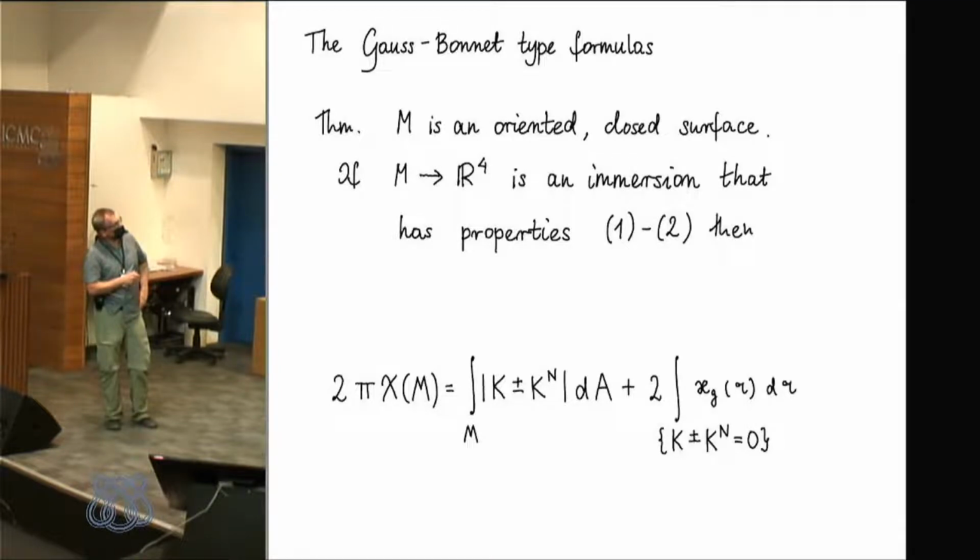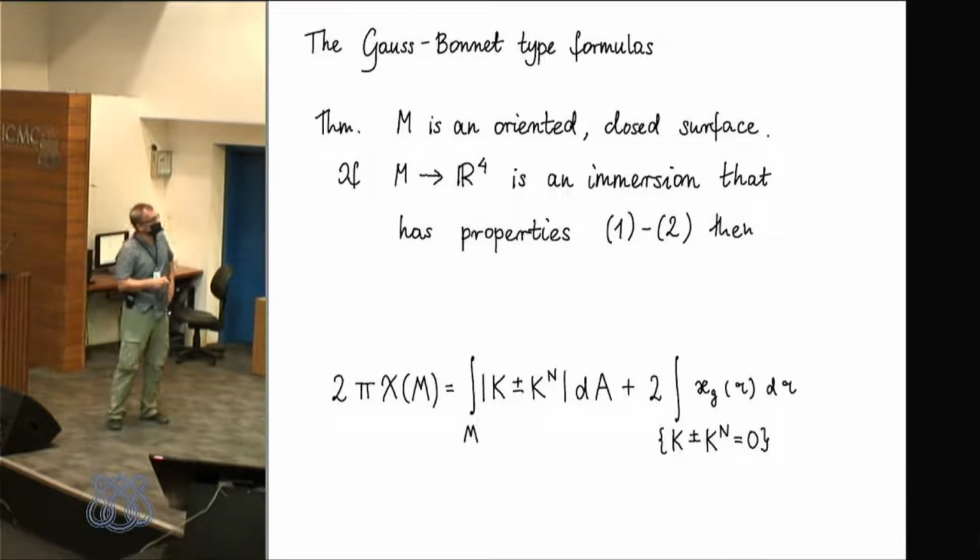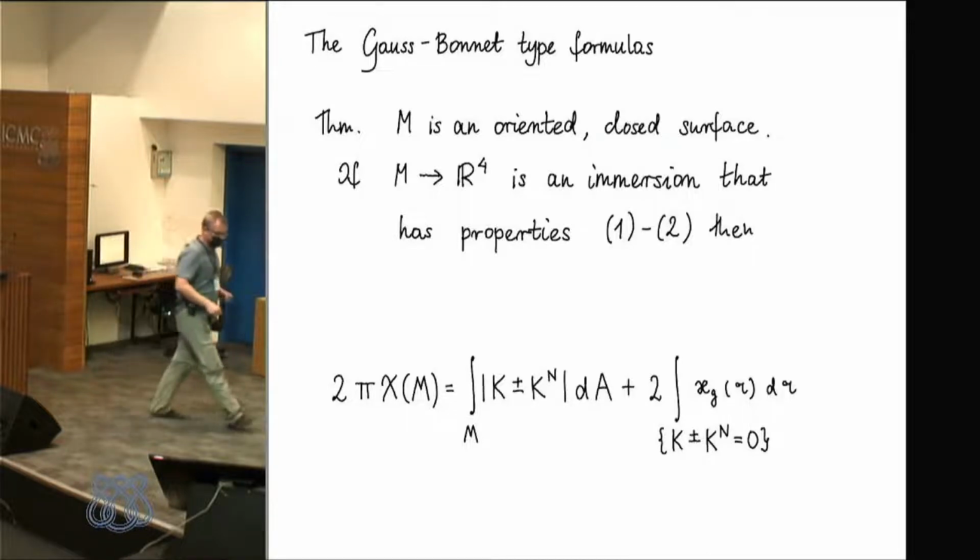So we have the assumption M is an oriented closed surface. We have the immersion, and we assume only properties 1, 2. These are only needed. Then we have the following formula. 2 pi times the Euler characteristic of M is equal to the integral over M, over our surface, of the absolute value of K plus or minus K, Gaussian curvature plus or minus normal curvature, times the area form on our surface, plus 2 times the integral over the singular set,